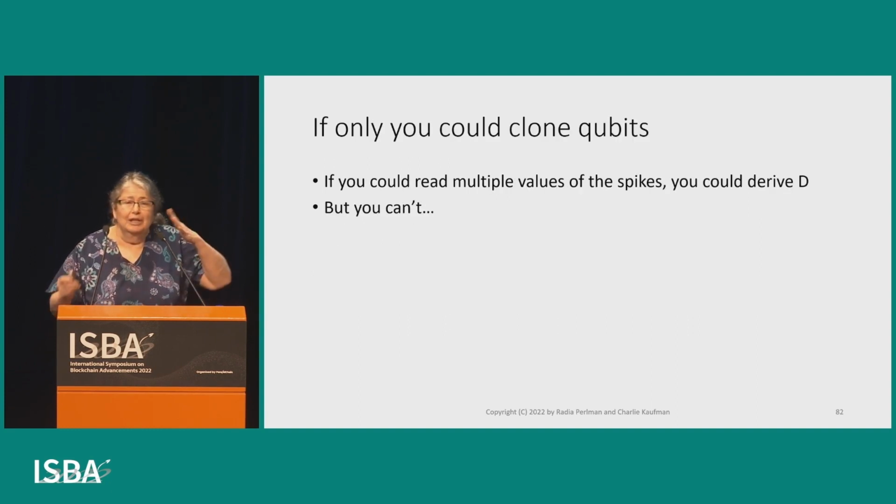If only you could clone these qubits. If you could clone them and read it twice, you'd get 2 different values and they'd be some multiple of d apart. But you can't do that. So yeah,